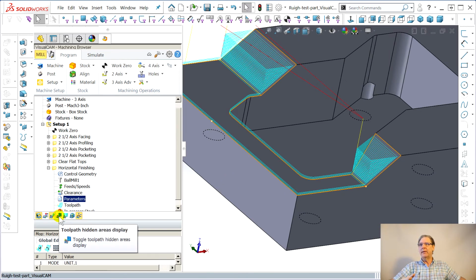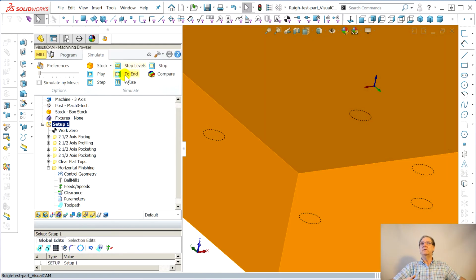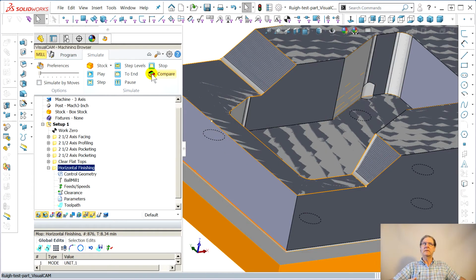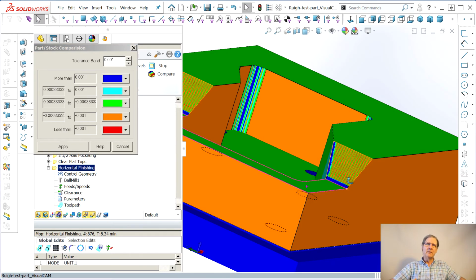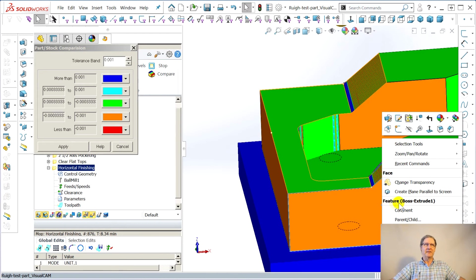Where is toolpath? Wait a minute. Display toolpath levels. Toolpath visibility. Go up here. Simulate to end. And it's doing its thing. Compare. Now, see, I think, oh gosh, it is a little sluggish with all these